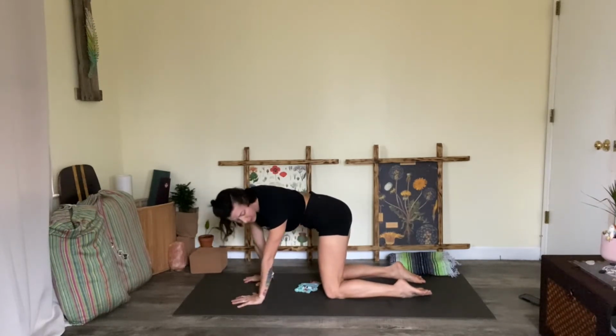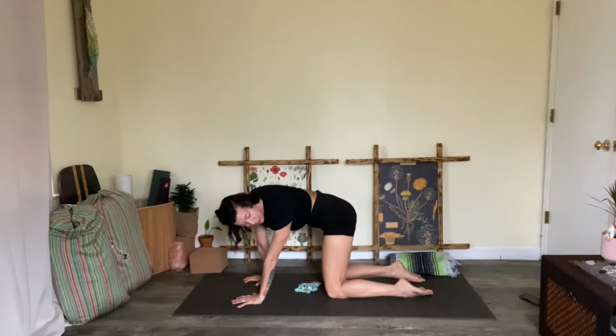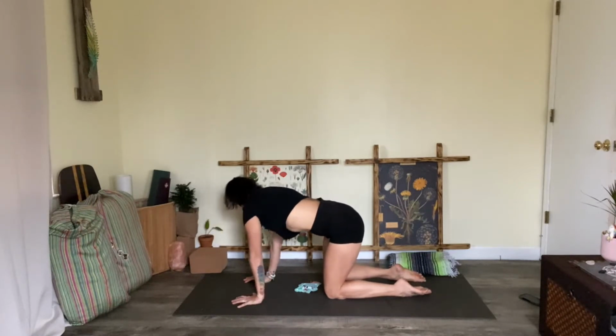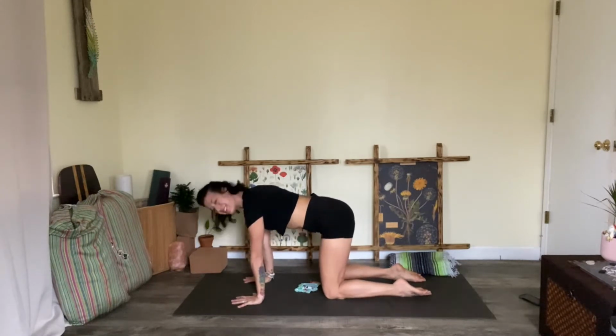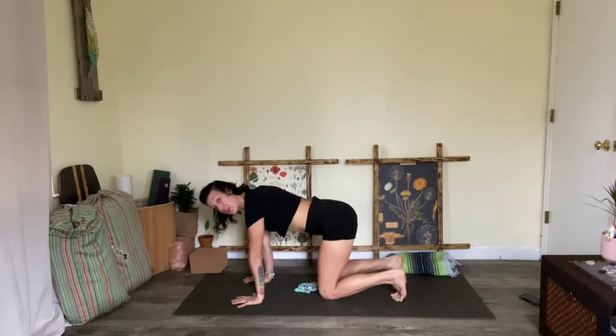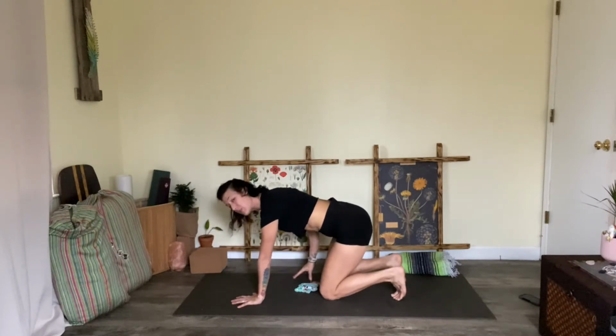Stretching out the side bodies. And really pressing into the fingertips here so we're not dumping into the crease of our wrist. Back to center. We'll start to tuck the toes. Maybe this is already enough for you as far as feet stretch goes, or you begin to walk the hands